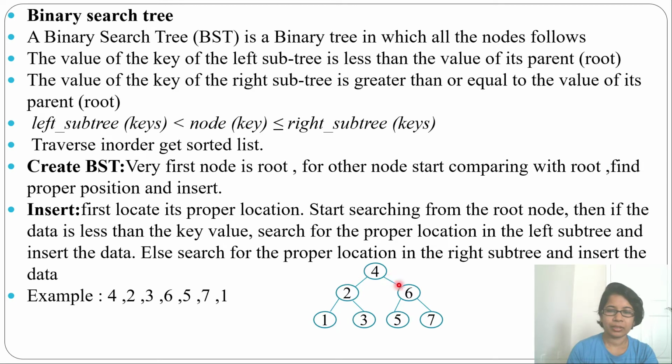So let's find the in-order for this. In-order will be left, root, right. Okay, so we'll start from the left, like from 1. So 1, 2, 3, 4, then 5, 6, 7. So in-order is in sorted order. Okay, so in lots of questions you will see they have not written the in-order. You just need to find it: sort the list and you will find the in-order.